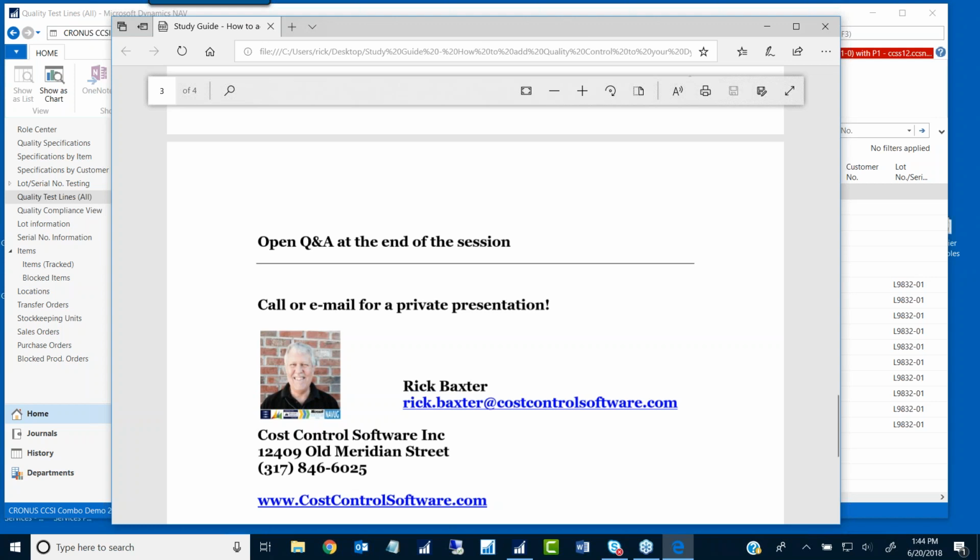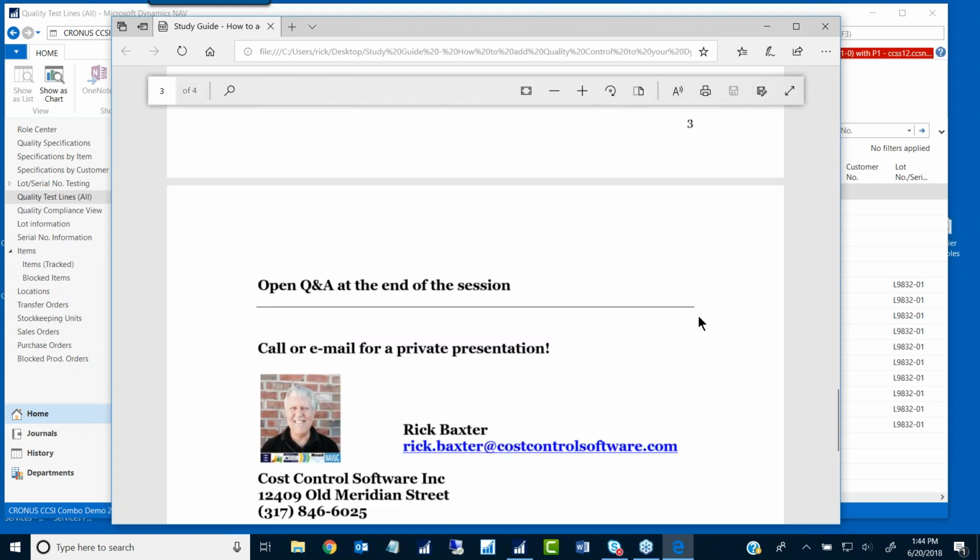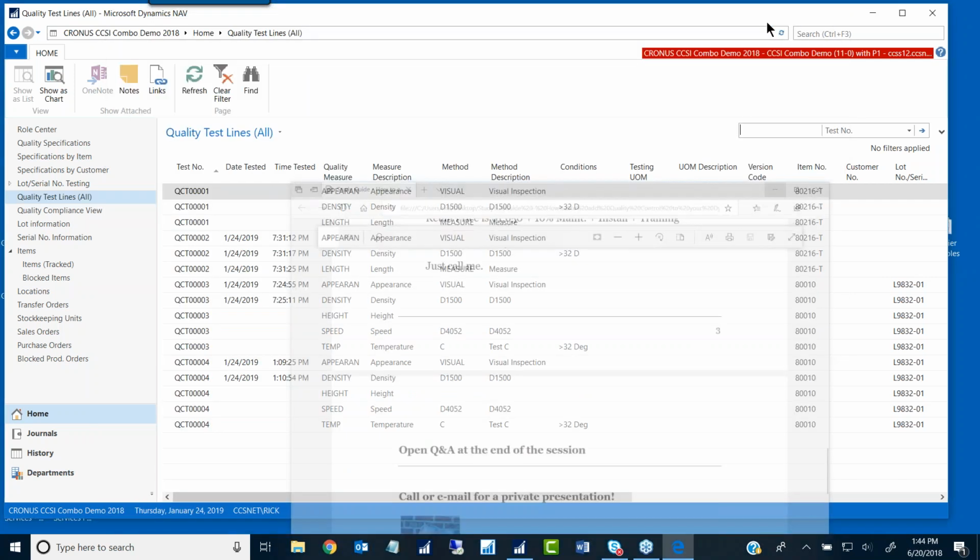Shalene says, if an output item for both QC performed got rejected, will the system allow us to sell that item? That's up to you. In other words, if an item got rejected because it did not pass, we do not have a block on that. We don't block the item. It would be easy to add a choice on the QC screen. You know what I'm talking about? Back